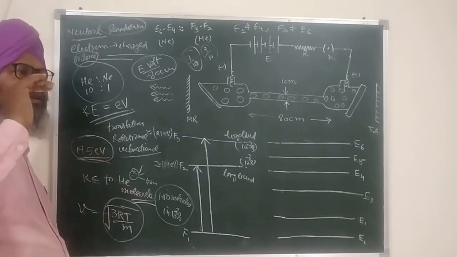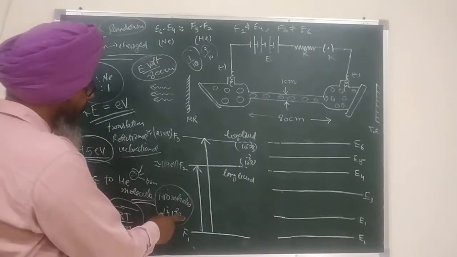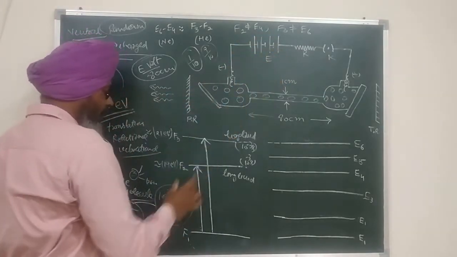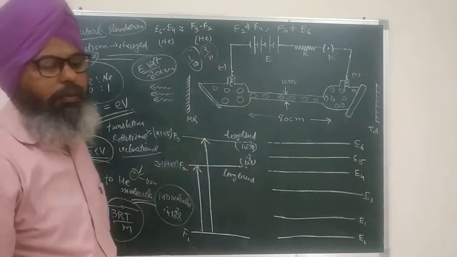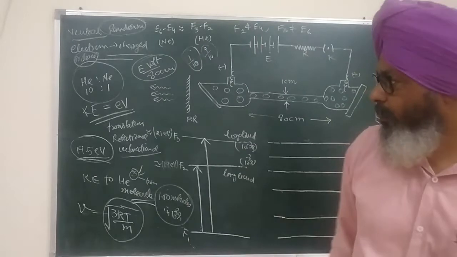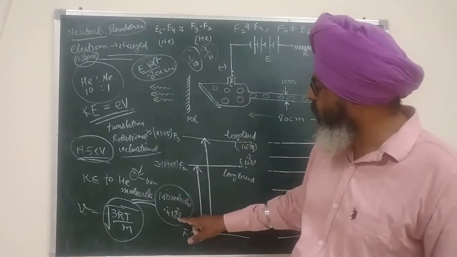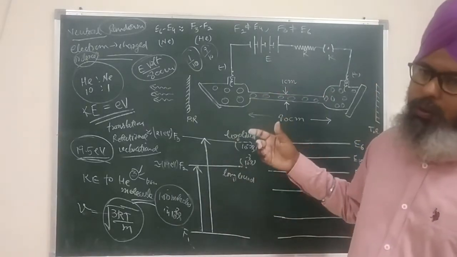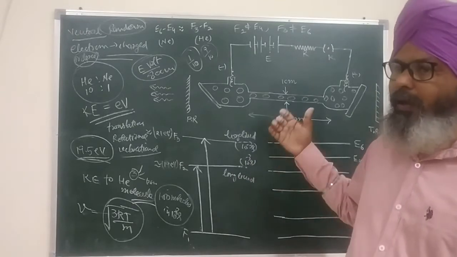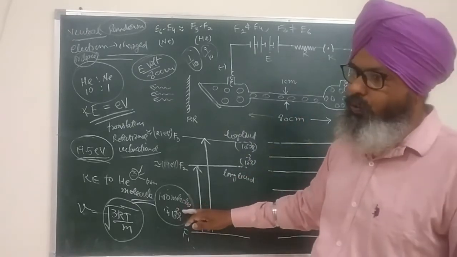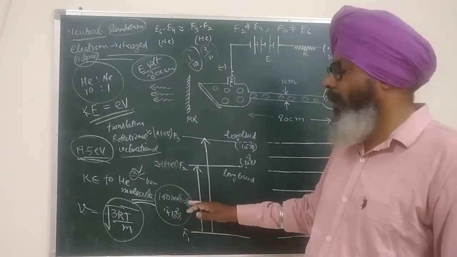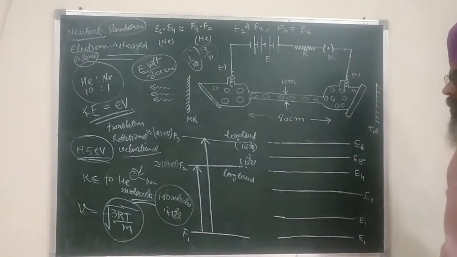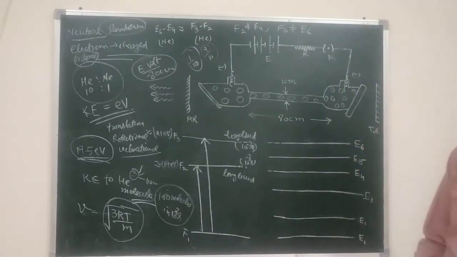It means that whatever number of molecules can be excited by this pump in this time will limit the intensity of the output light. If this pump can excite only 100 molecules, and during de-excitation one molecule can emit only one photon, then the output beam cannot contain more than 100 photons. It can be less than this value, but it cannot be more than 100 photons in a time period of 10 raised to power minus 8 seconds. That means the intensity of the light will be very, very small.